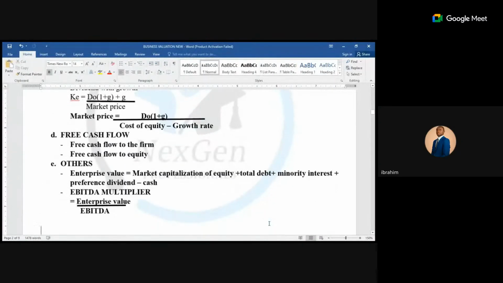We also have the debt part of it, but most times they don't use all those things. You can only use it theoretically. But in our next class, I'll try as much as possible to see if I can add the market value of the redeemable, irredeemable, all those things, as part of valuation. But practically, we don't need all those things to determine the value of a business. However, when you want to take over a company or you want to acquire a company,